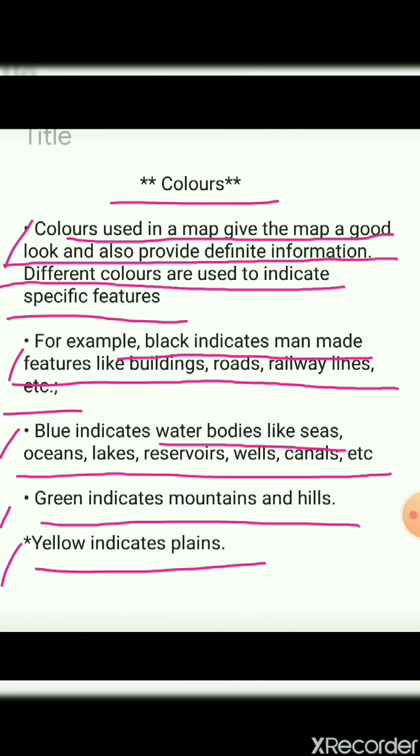So students, now it is very much clear to you what scale in the map is, why the direction in the map is seen, and why the conventional signs you see at different places, what they indicate, right? So now it's very much clear to you. So we end the chapter explanation over here, and the next part that is going to come is the theory, which will be given to you. Okay.